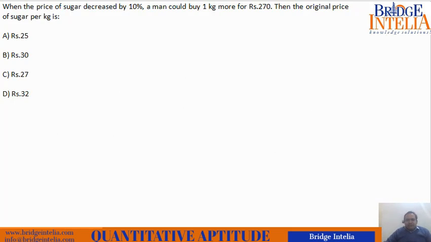So let's have a look at this question. When the price of the sugar decreased by 10%, a man could buy 1 kg more for rupees 270. That means earlier also he was spending rupees 270. Now also he is spending rupees 270. But now he manages to buy 1 kg more. Expenditure is same, 270. So expenditure is equal to quantity